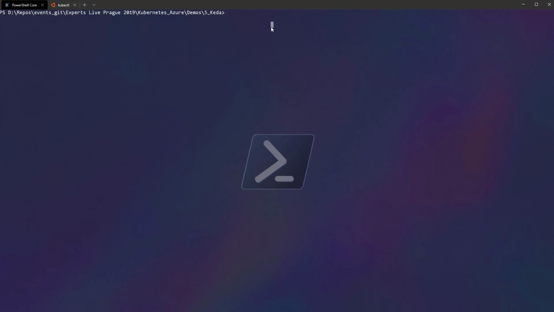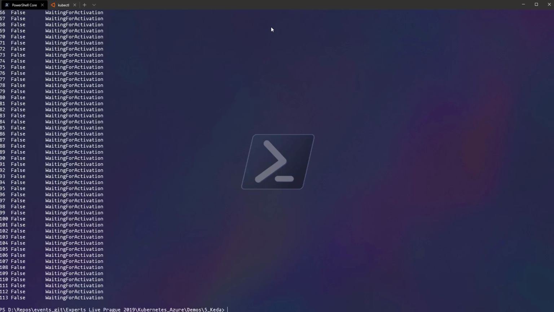We'll just hop over to PowerShell, and I've got a script in here that's going to generate messages that are going to be stored in the queue to trigger our workload. So we'll run that, and let's send 100 messages. That should be enough to trigger a fairly large workload. So that's gone off and sent all those messages. And if we hop back to Kubernetes,